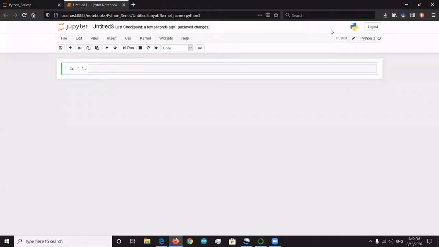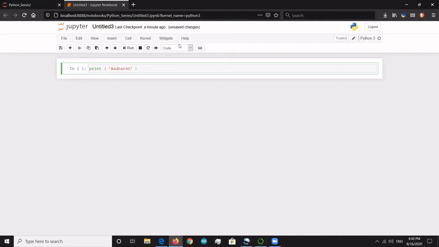So now we're going to be learning how to print something. For example, you want to display your name, you want to display what school you're studying in, you want to display where you live. So we're going to be learning how to do all of these. Now, how do we do this? To do this, we have to write a very simple sentence. In programming, a sentence that we write is known as a statement. Now, I'm going to write something here and then I'll explain what it is.